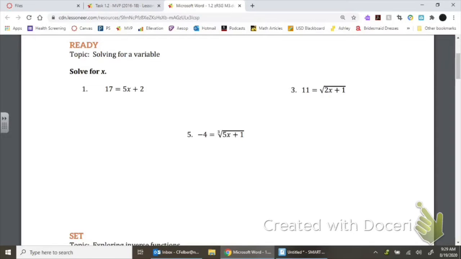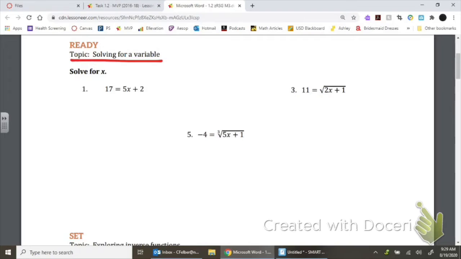I'm going to walk you guys through a few of these questions on the Ready section to help you out if you are stuck. So the directions say to solve for a variable and solve for x. What that means is that we want to get x to be the only thing on one side of the equal sign. So in number 1 here, the first thing I'd have to get rid of is the plus